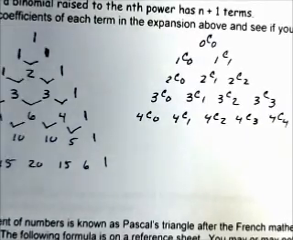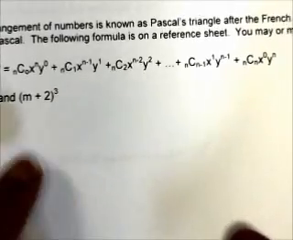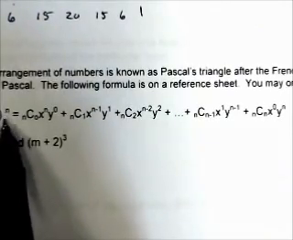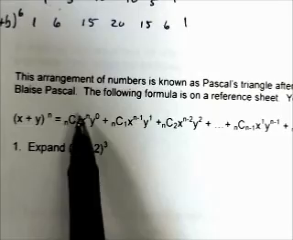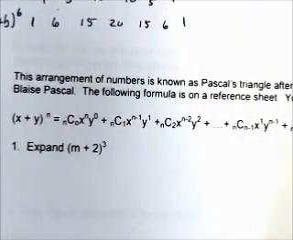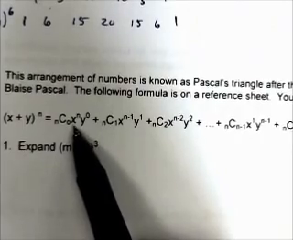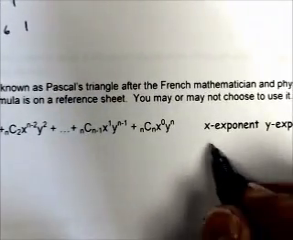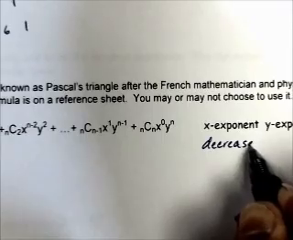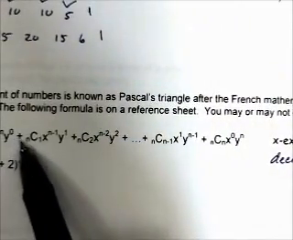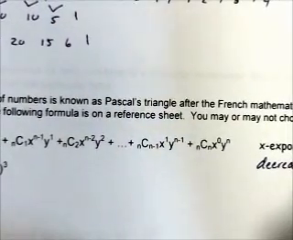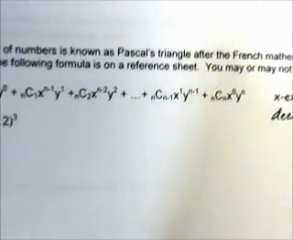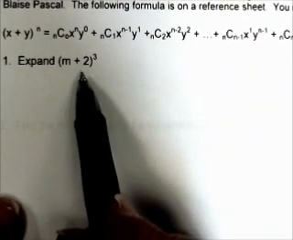Okay, so now we want to take and expand m plus 2 raised to the third power. Let me back up. If we have x plus y raised to the n, we have a binomial raised to the n, we can simply plug in to this formula. Notice that your exponents for x, your x exponent, right, starts high and decreases. And the exponent for y starts at 0 and increases. So instead of using this formula to expand the binomial, such as this, m plus 2 raised to the third power,